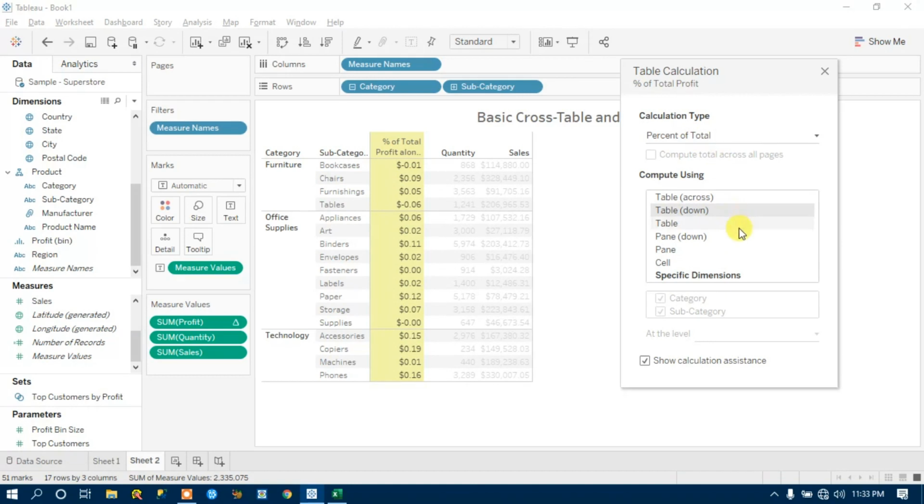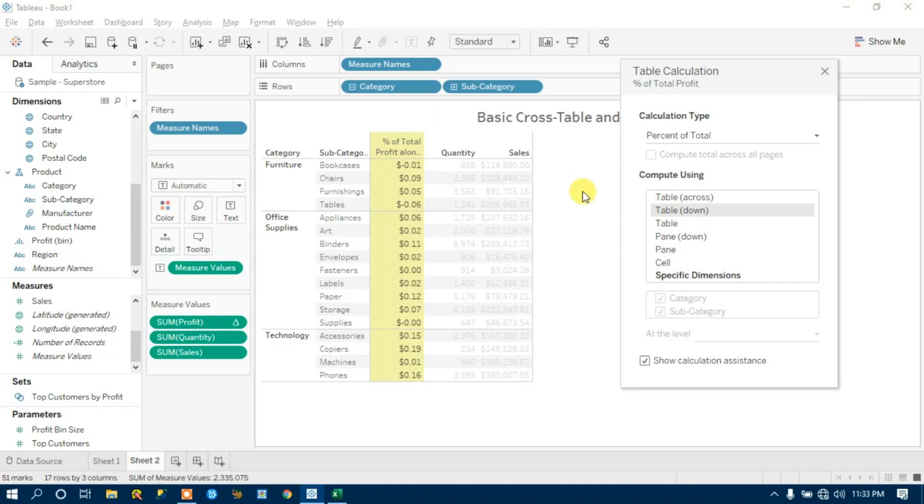Right, what is percentage of total? Basically, my main focus now is on the percentage. How will a percentage be calculated? How can we derive a share? So how much percentage of the total are the bookcases, chairs, furniture, tables taking?